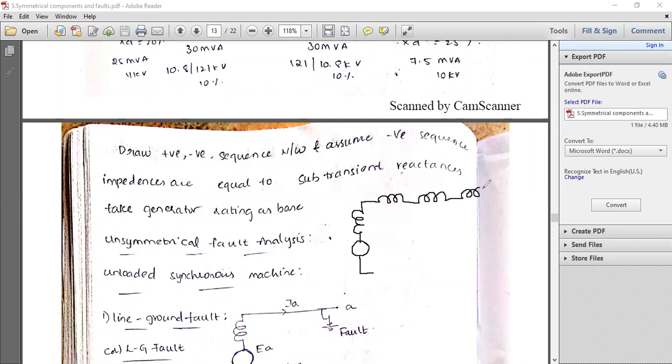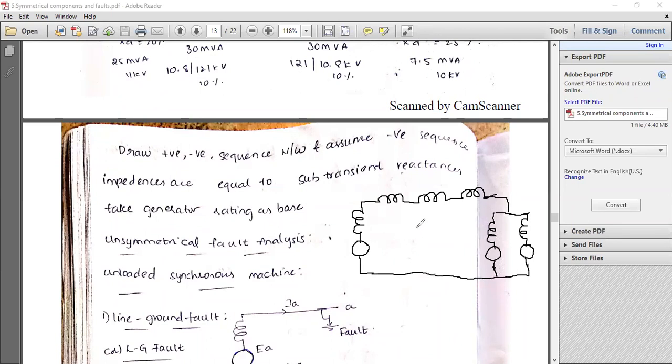Similarly, transformer 2. So this is the positive sequence network. If you clearly see this, we have already solved so many problems based on this particular concept. The original system positive sequence is nothing but the balanced system. The problems we have already seen so far are completely positive sequence, I mean exactly the symmetrical or balanced systems, right?